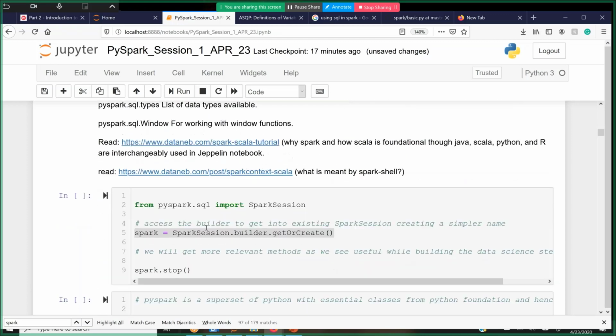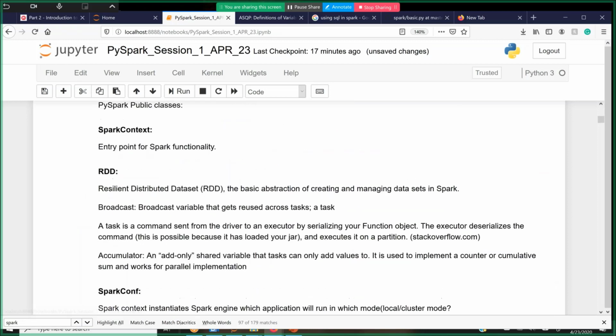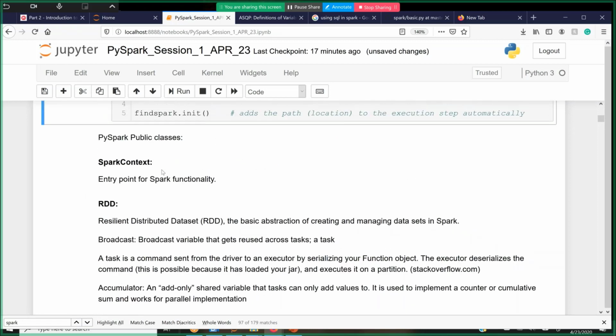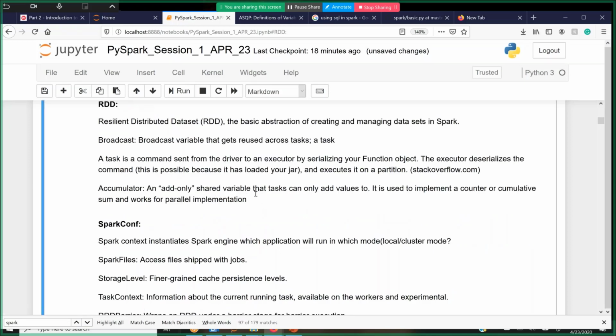Before I go to the session, I want to talk to you about a few things, most importantly the terminology that I've used. Spark context. I'll be using Spark context. That's an entry point into the Spark functionality. Natively, all data are stored in what is called the resilient distributed data set format in Spark, also called RDD. That is what we will be working with as a starting point, but then we will move into